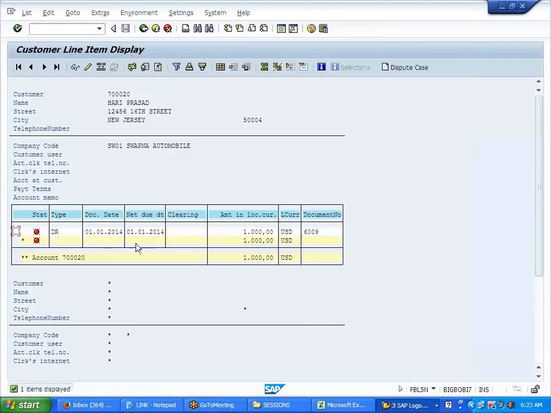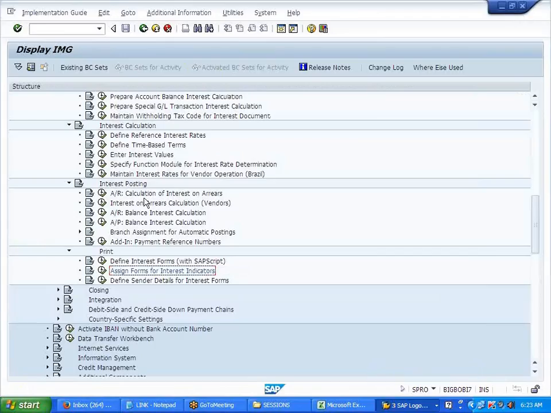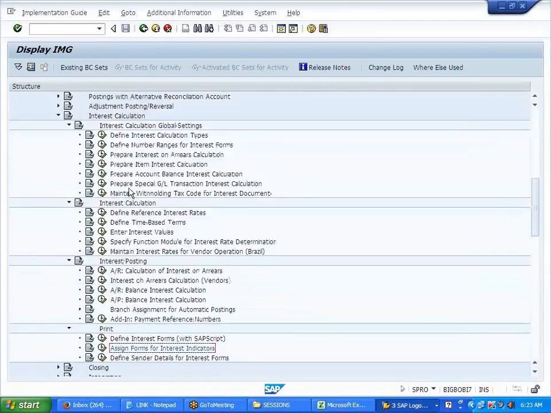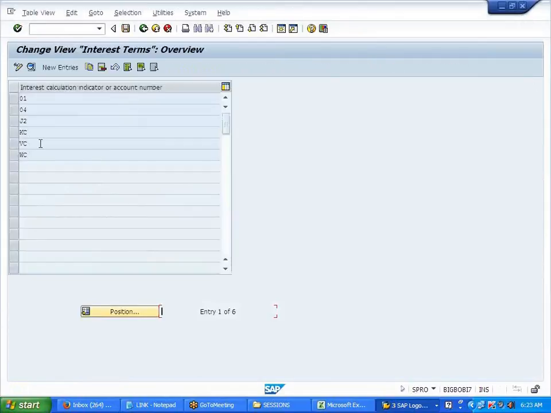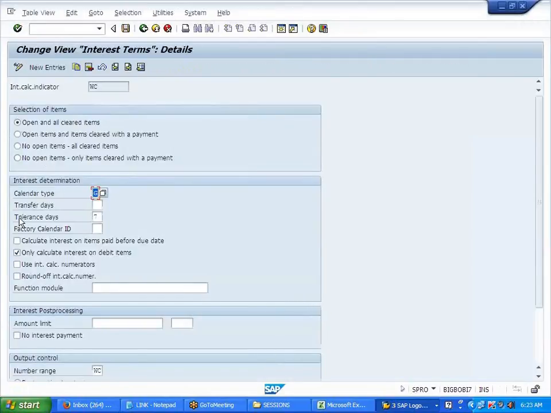Execute. So what's the due date here? As per my posting date. In the reference, if you remember, we selected the tolerance days as 7. 7 days, right?